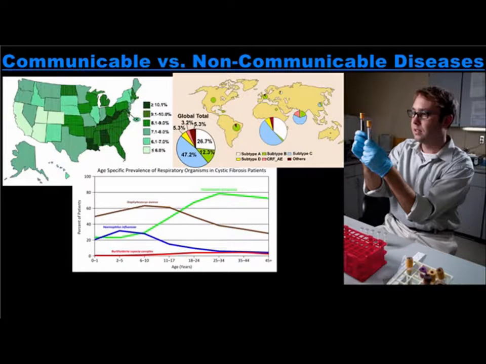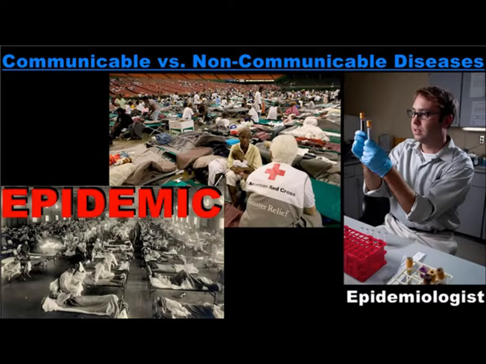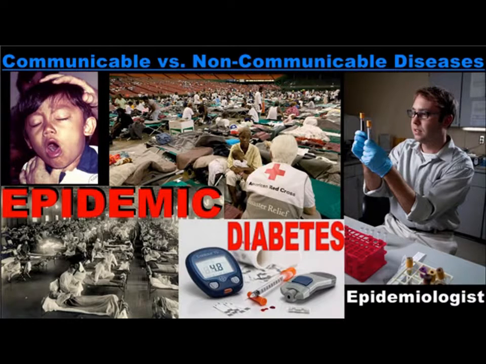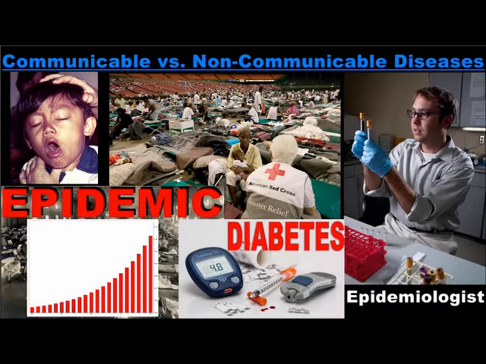People who study the patterns, causes, and effects of diseases are called epidemiologists. Epidemiologists always have plenty of work to do, but work becomes especially busy if there happens to be a serious disease outbreak called an epidemic. Epidemics may occur as a result of the spread of a communicable disease, for example, whooping cough, or an epidemic may refer to a non-communicable disease like diabetes. In both instances, the number of disease cases during an epidemic is higher than would normally be expected.